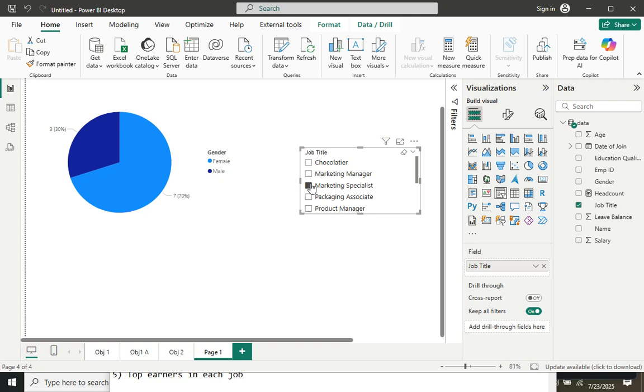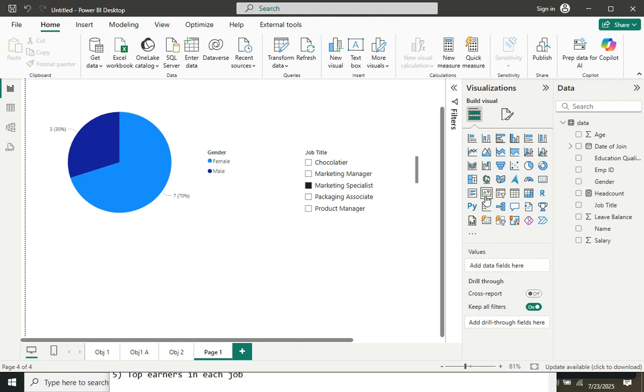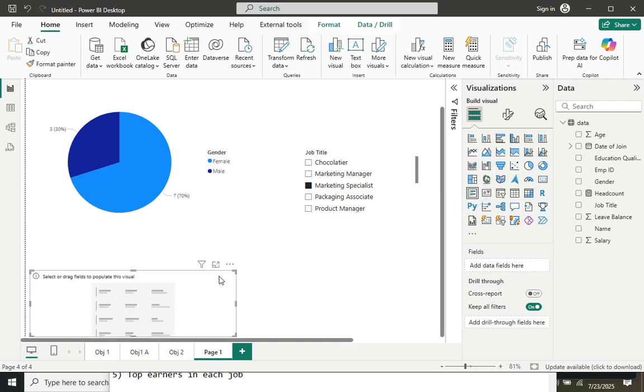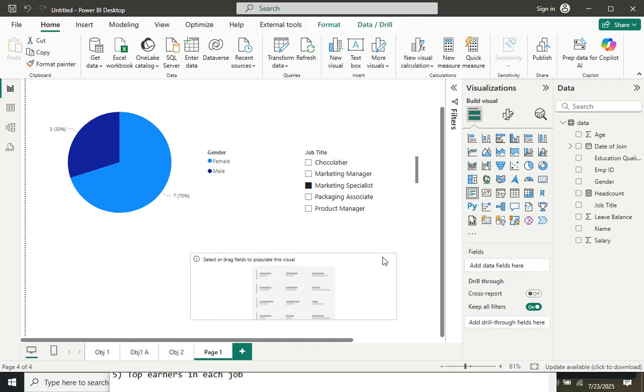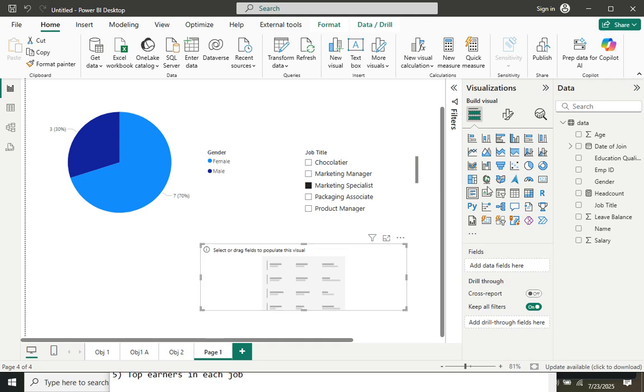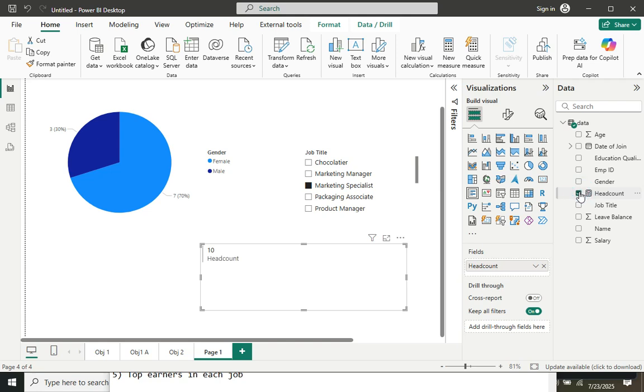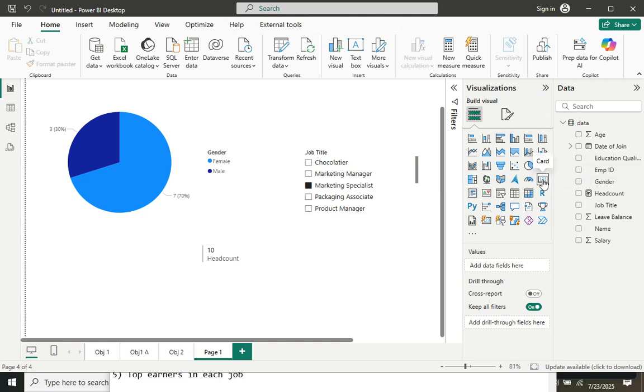Can the card display multiple values, like for the case of the lady's formula? So can the card display both male and female together? As in, can a card display multiple values? Now I'm putting head count. Good. Now initially, this is the card that we were using,